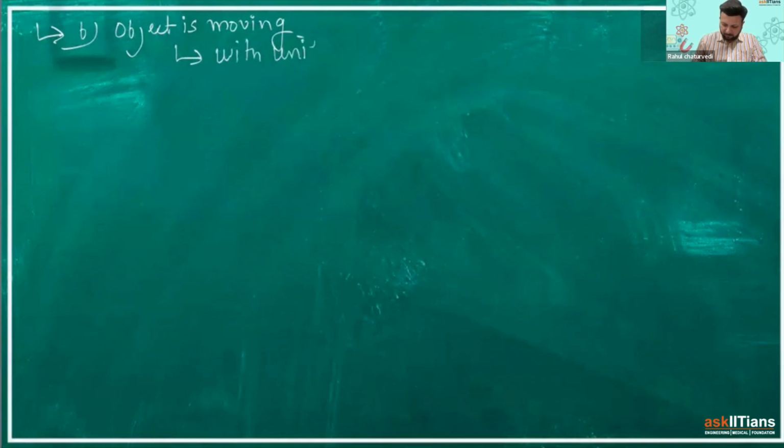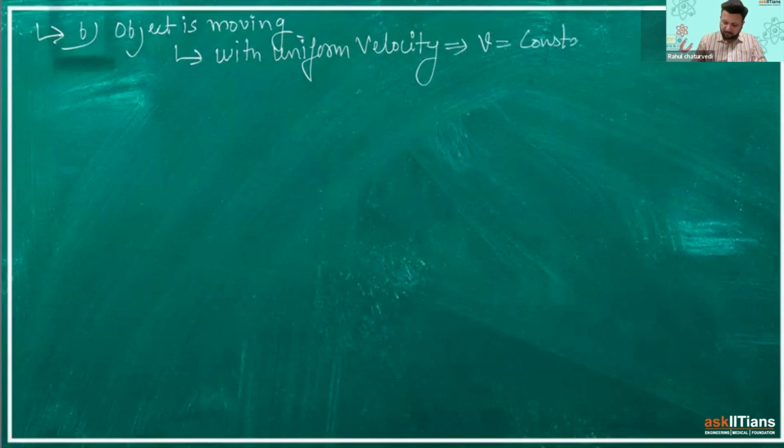So when the object is moving, the object can move with uniform velocity. Uniform velocity actually means velocity is constant throughout the motion, right? Since velocity is constant, what we can observe in the displacement time graph, in case of the ST graph,